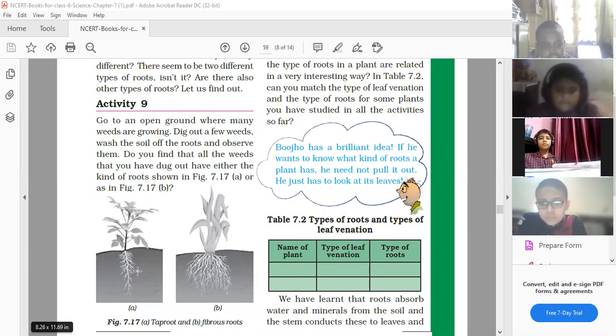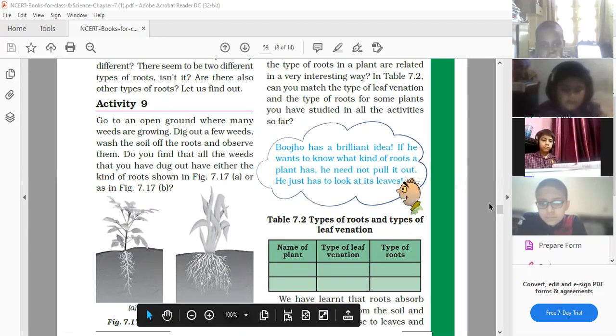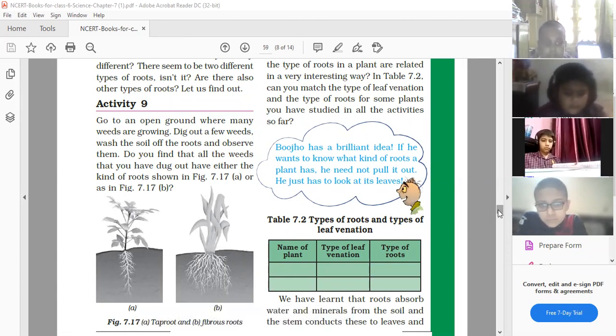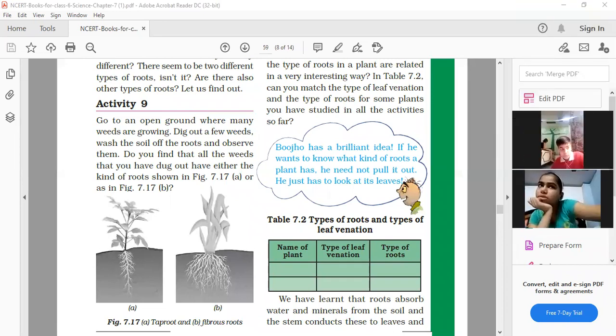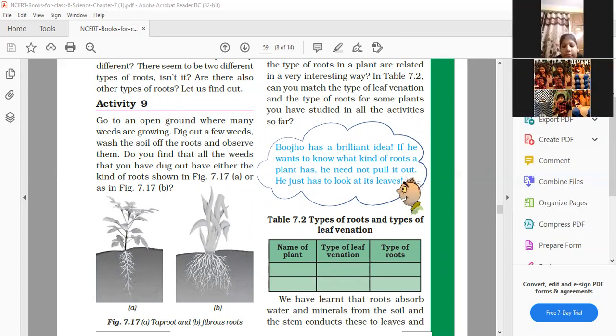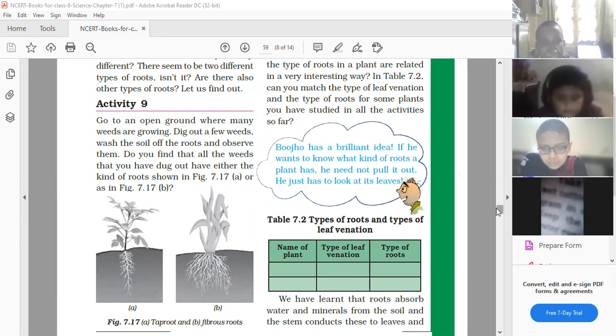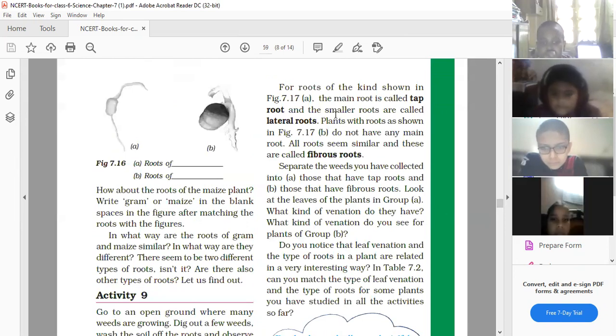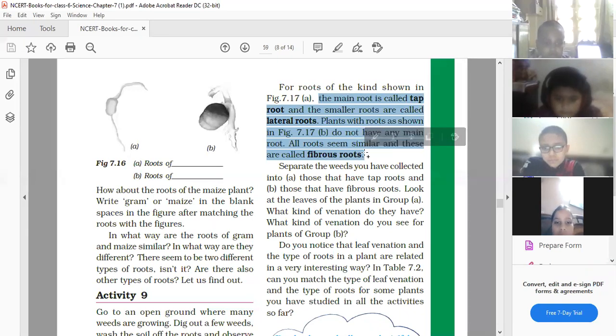Okay. So if you pluck a flower or a plant, you may see the difference in the roots. Simply pluck the grass. Near the base of the grass, there is a bunch of roots that is known as the fibrous roots. Fibrous roots and tap root, and one more, a very small type of roots known as lateral roots. So children, side by side you may underline here also the tap root, fibrous root and lateral roots. And you should know the function of roots.